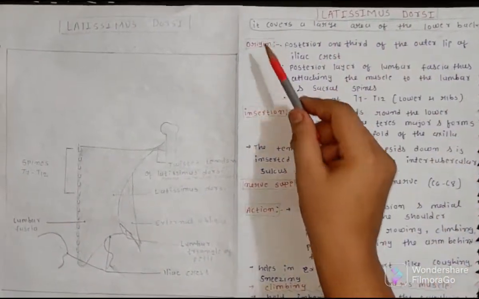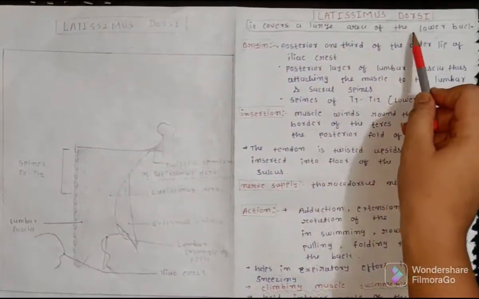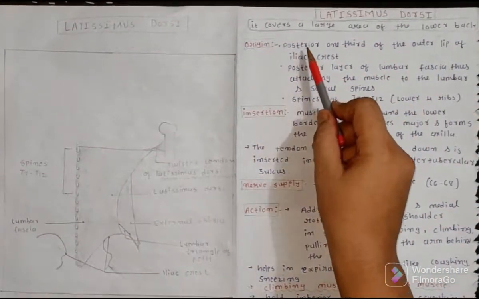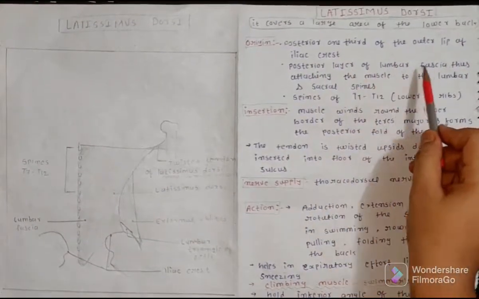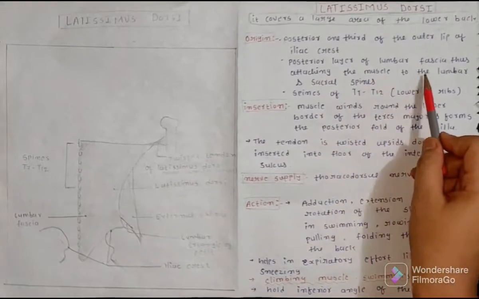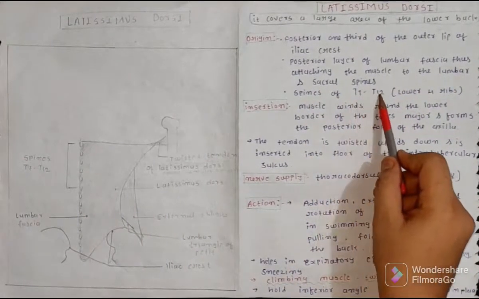Latissimus dorsi: origin, insertion, nerve supply, action. It covers a large area of the lower back. Origin: posterior 1/3 of the outer lip of the iliac crest, posterior layer of the lumbar fascia, thus attaching the muscle to the lumbar and sacral spine, spines of T7 to T12,